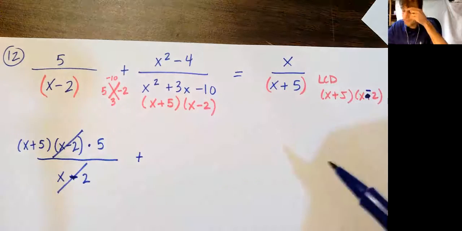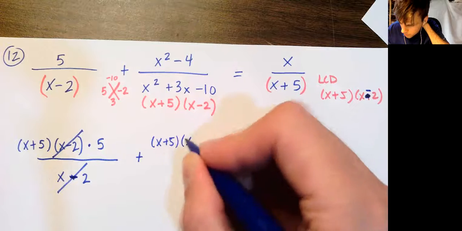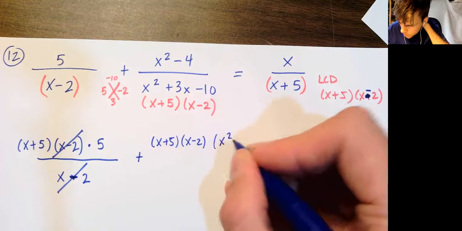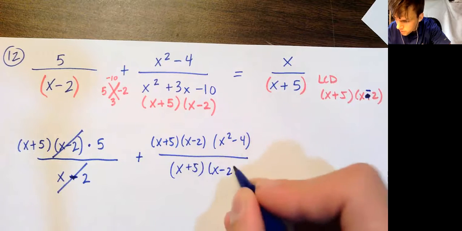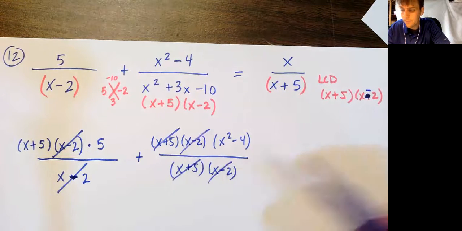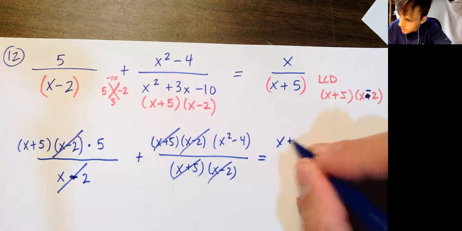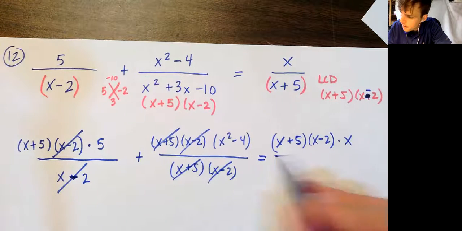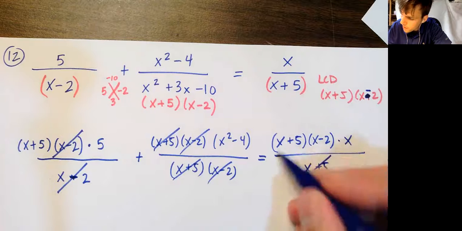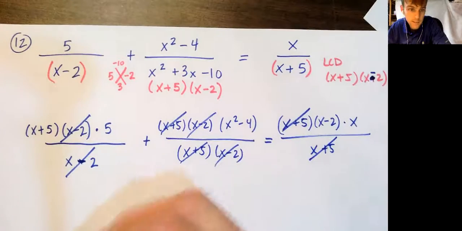Plus, well, it's a lot of writing, but yeah, I'll just write it all out. X plus 5 times x minus 2 times x squared minus 4 all over x plus 5 times x minus 2. Notice how in this case, all kinds of stuff is canceling out there. All right, and then getting close here. X is on top of that, and it's over x plus 5. All right, so the x plus 5 and x plus 5 go away. Now we need to kind of make sense of what is left over after all this multiplying and canceling nonsense. All right, so we end up with